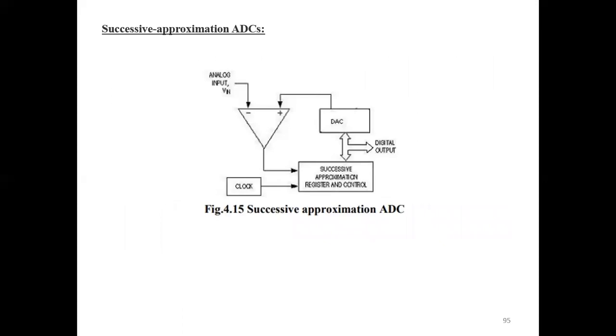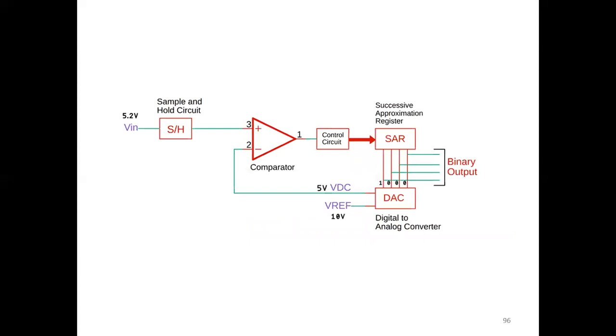That means we are generating a number using the DAC, which is converted into an analog value. That is compared with the analog input. When both the inputs are the same, the clock will be disabled, so the previous value will be the output. This is the concept of successive approximation. Here the reference voltage varies, and whenever the value varies, the reference input will vary. When both the inputs are the same, the clock signal will be disabled.